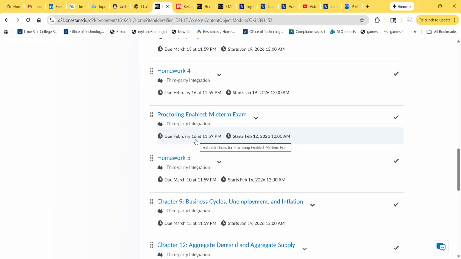Both exams are proctored. You need a webcam to take the test. What else? They're timed. There will be a lockdown browser, so pay attention to the time when you're taking them. They're multiple choice and true false. When I say proctor, I know that some students become uncomfortable all of a sudden because they feel like, oh, somebody's watching me. Nobody's watching you. Okay.